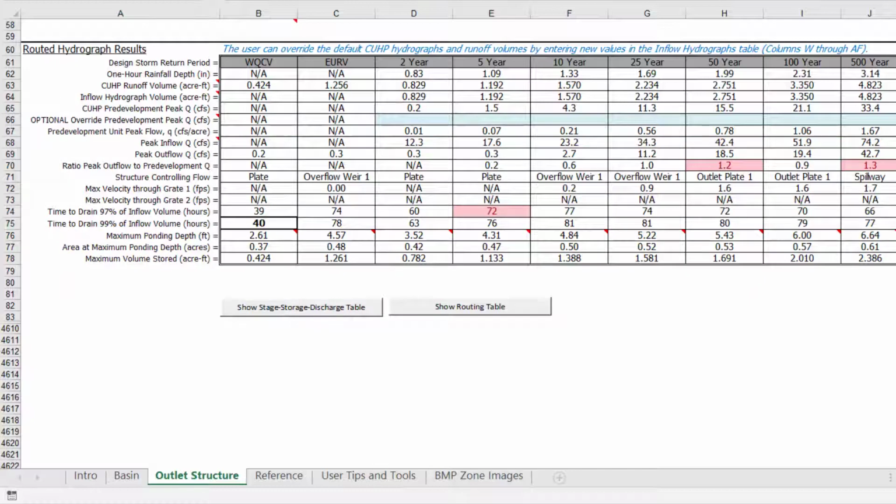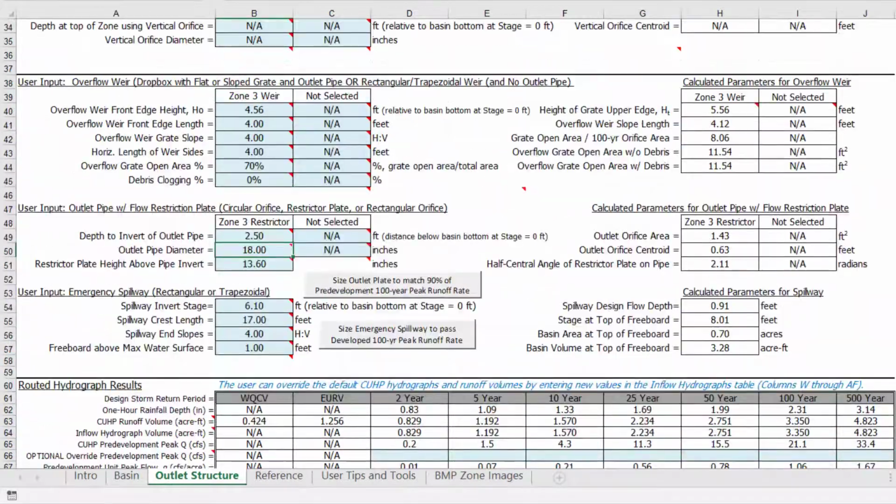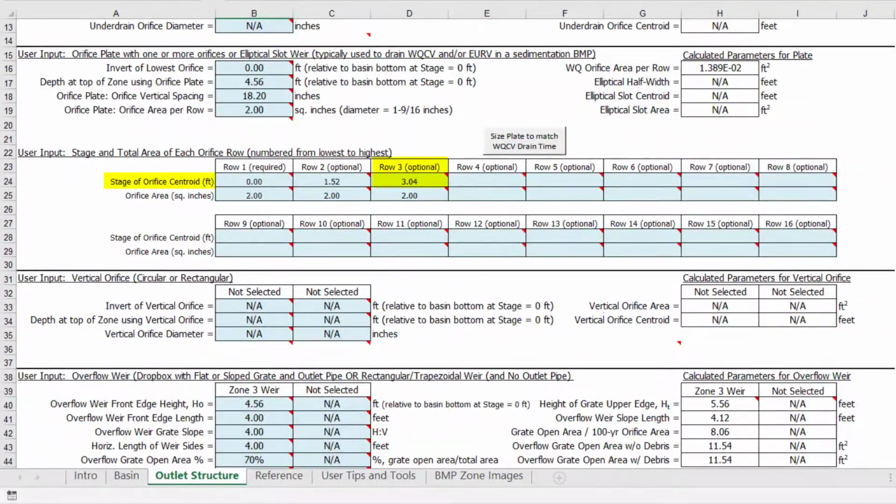Alright, now we can modify the orifice plate to decrease the 5-year drain time. We can see in this table that the water quality capture volume ponding depth is approximately 2.6 feet. Now, if we scroll back up to the orifice plate section, we see that the row 3 orifice stage is above 3 feet and would not have an impact on the water quality capture volume drain time. Therefore, we can increase the orifice area in this row, which will decrease the 5-year drain time. I will start by doubling the area to 4 square inches, and the program will automatically update all of the